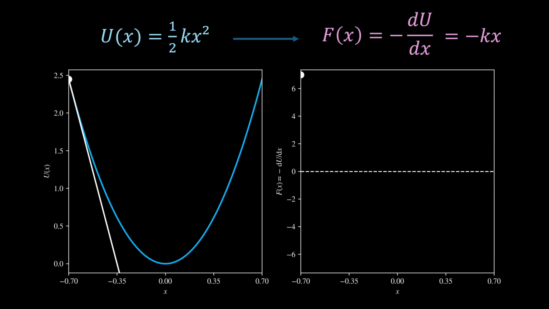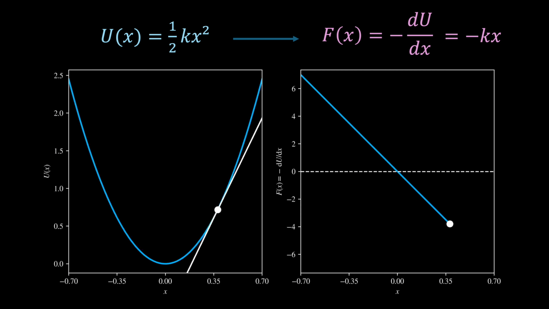The key point is that the restoring tendency comes from the gradient of the potential function. When x is negative, the slope is negative, and the minus sign makes the force positive, back towards the equilibrium. However, when x is positive, the slope is positive, and the minus sign makes the force negative, again back towards the equilibrium. At all stages, the force is directed so as to restore the spring to its equilibrium position.